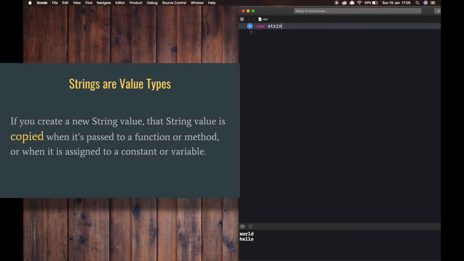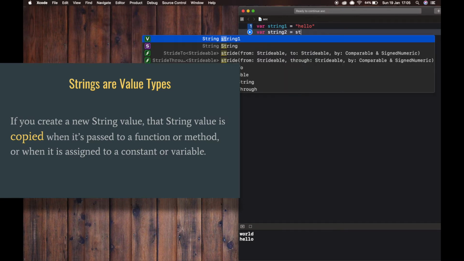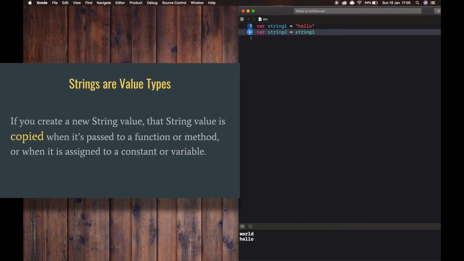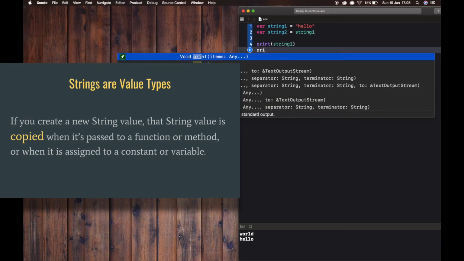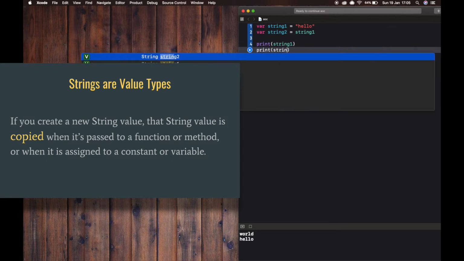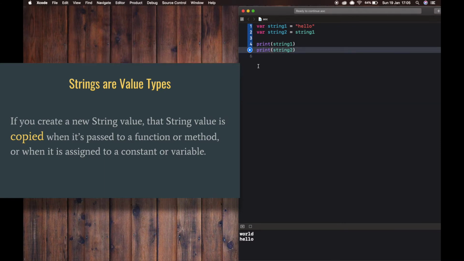Variable string 1 is equal to hello, variable string 2, and I am assigning the value of string 1 to string 2. Just print a value. In this case, both the value of string 1 and string 2 will be hello.